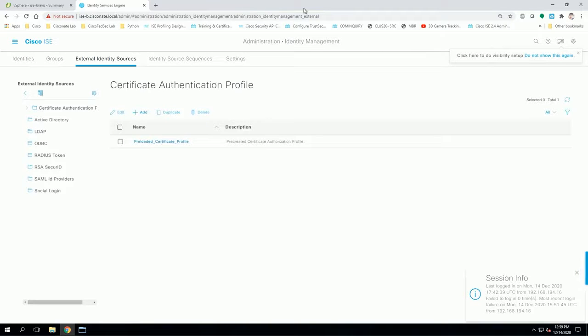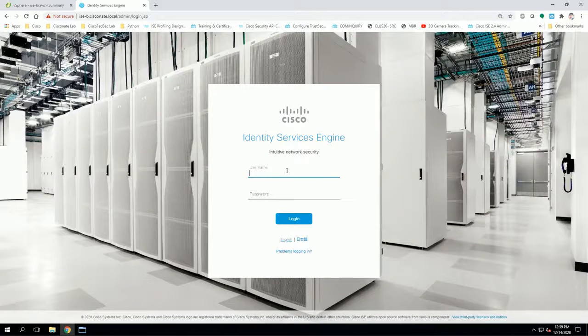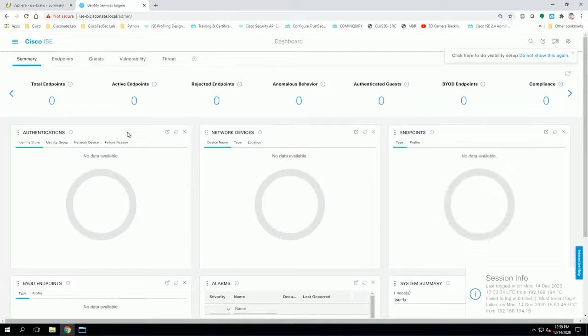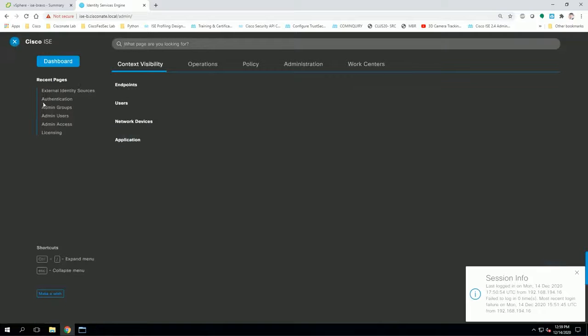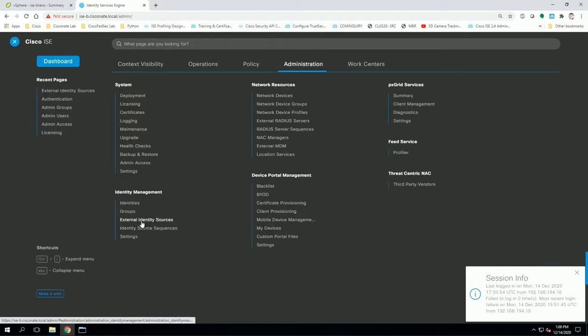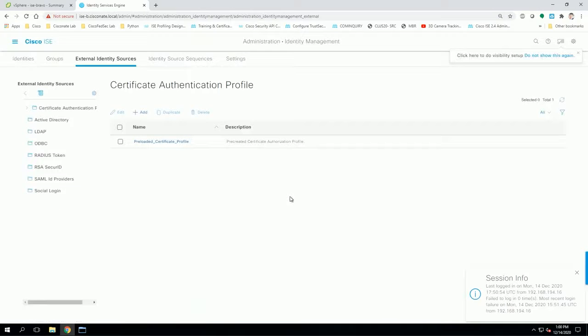So first thing we're going to do is navigate to our ISE, which appears to already be here. Okay, so it looks like it had a cookie caching the browser session. As always, log out and log back in to ensure you don't run into any issues. So I'm going to log in, can't use AD, with my admin credentials. Those are the credentials that you used when you set up ISE using the setup command. All right, and once they're authenticated in, we're going to go ahead and click the three hash marks, go to Administration, go to External Identity Sources,